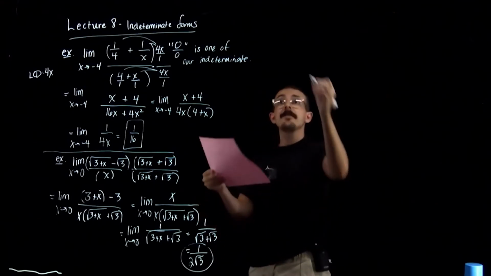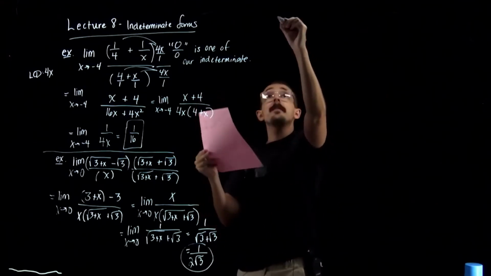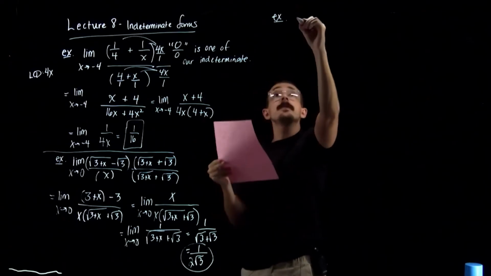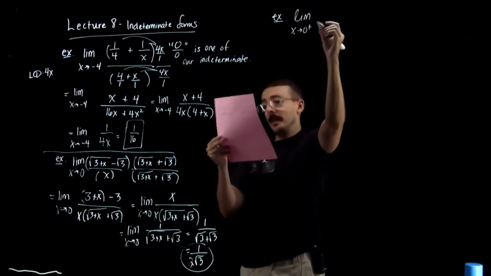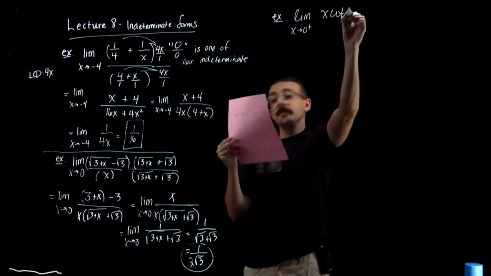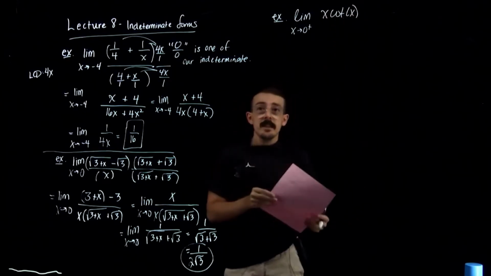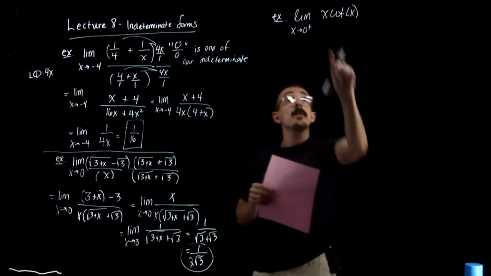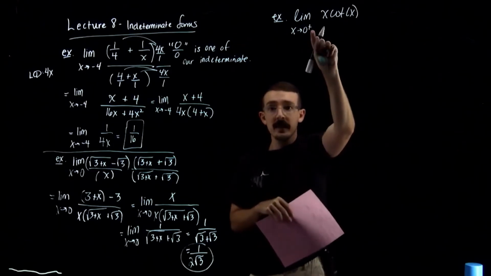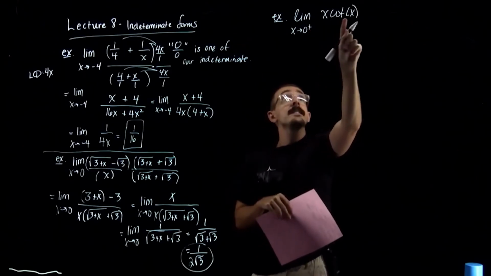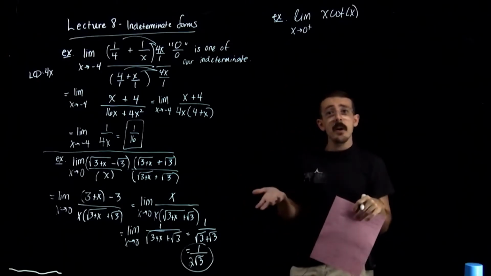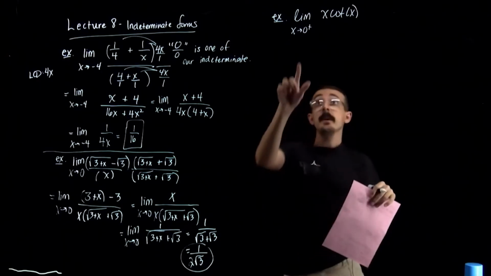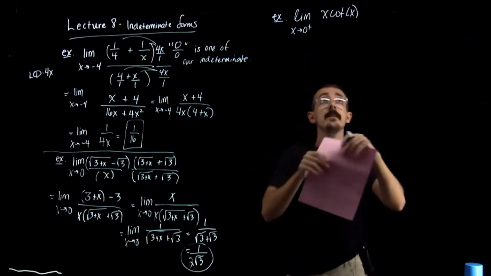Let's do trig stuff, because we did all that practice with trig, and there's going to be trig functions in your limit problems. So I'm going to give you one right now. This is the limit as x goes to 0 from the right. So this is a one-sided limit of x times cotangent of x. So what happens with this one? Again, try plugging it in at the beginning. You get 0